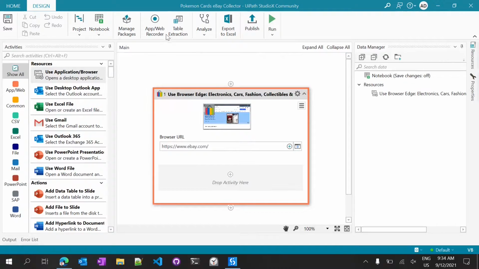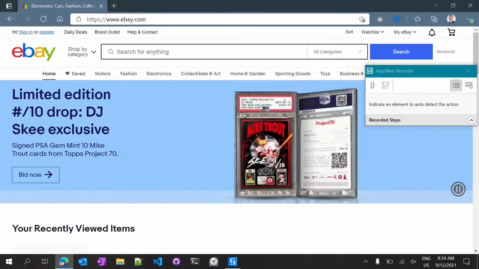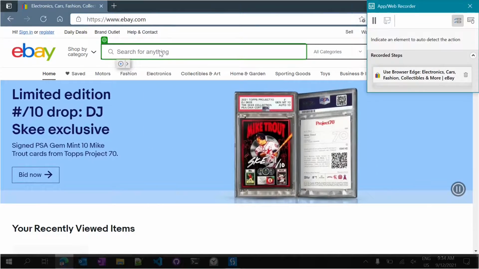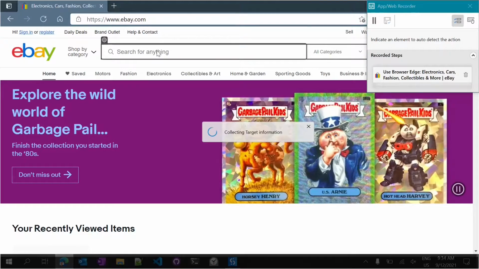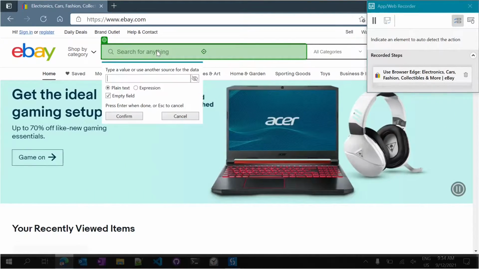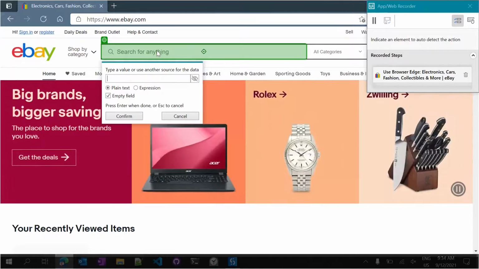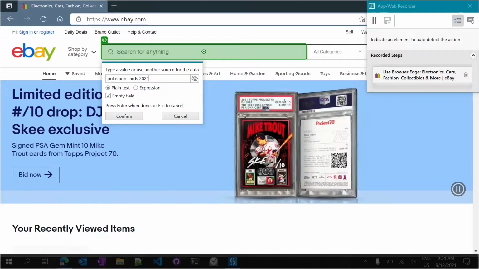Then we're gonna use the web recorder because we want to simplify our work. We will click on it, and the first thing, you're going to automate the search box. You click on it, and then you're gonna type a certain word like Pokemon Cards 2021. Then you click confirm,